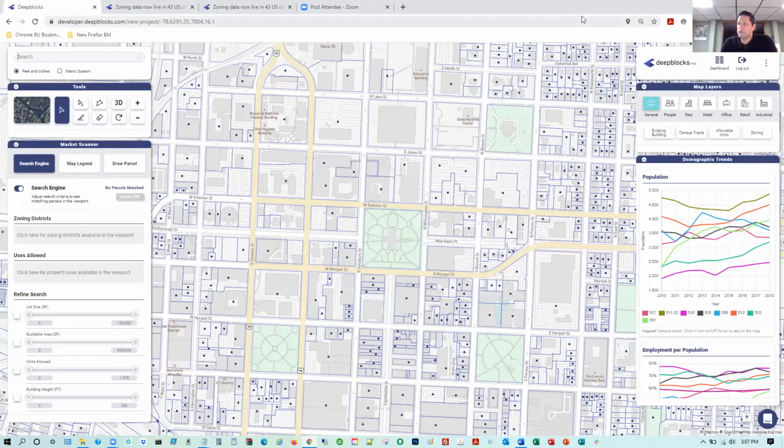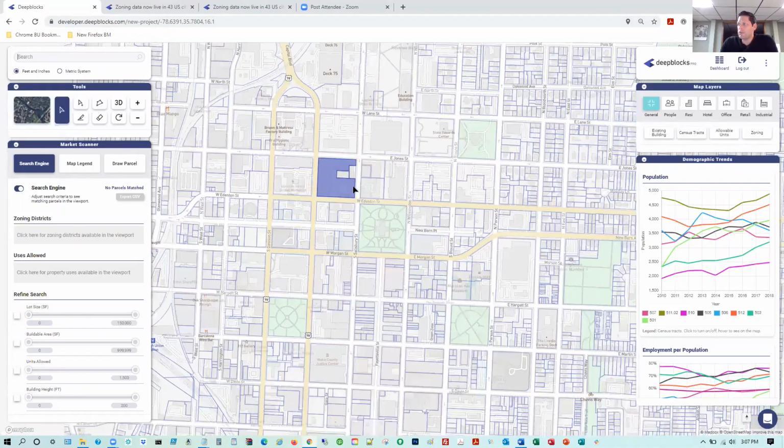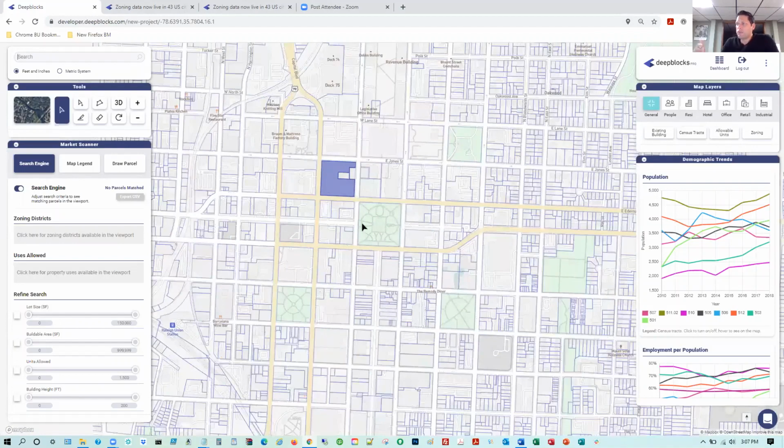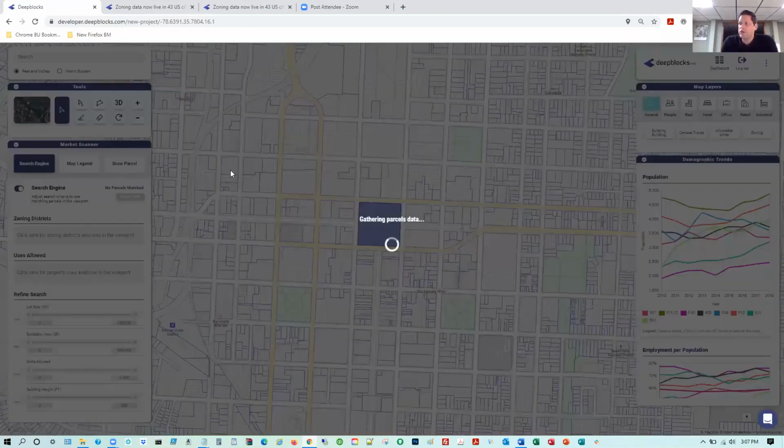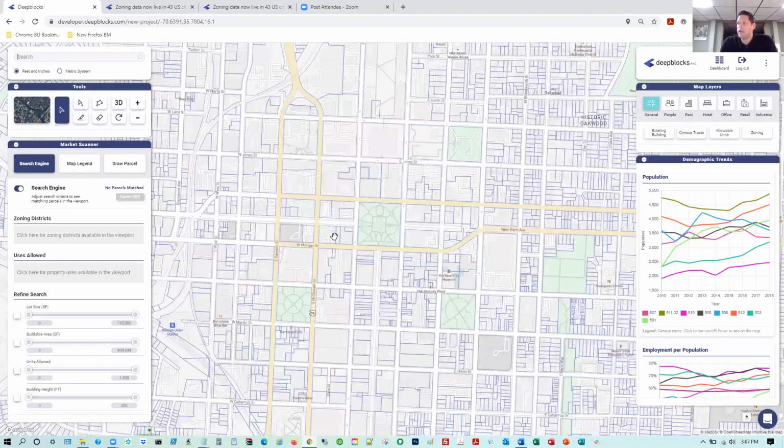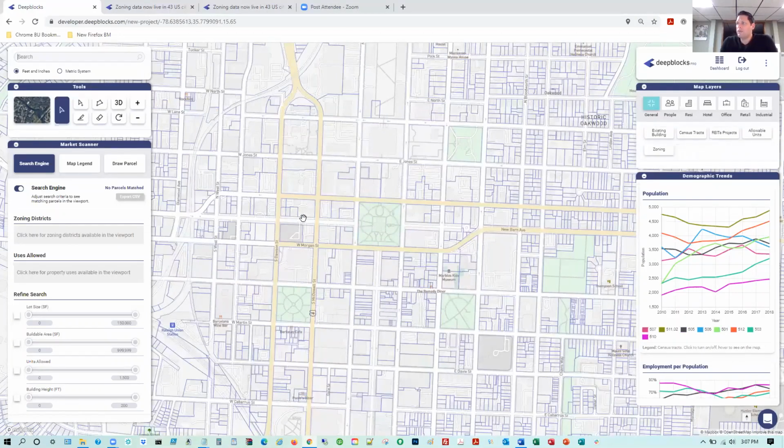What that allows me to do is capture as many parcels as possible in my viewport. The next step I like to take is to zoom out even further, so you can see my screen zooming out. If you zoom out to a point where you can no longer see these blue outlines of the parcels, it means you zoomed out a little too far, so simply zoom back in until you recapture the parcels. If these parcels do disappear, your search engine here on the left will not be available. So it is key to make sure you see the parcels outlined to begin your search using the market scanner.